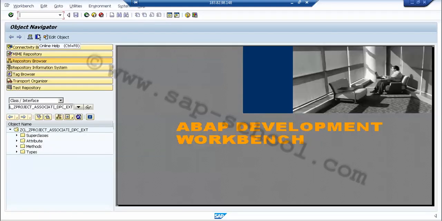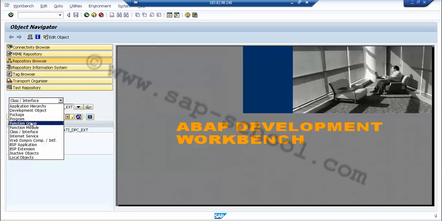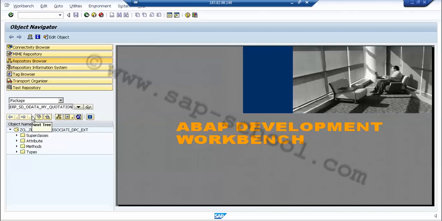In SCAT, in the drop down, we have to choose the package, and then we have to choose ERP SD OData My Quotation as the package name.